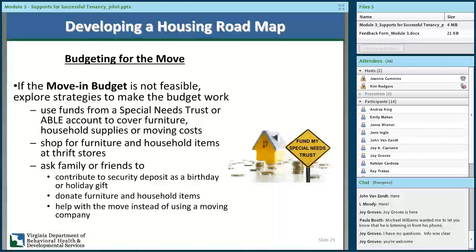So we've reviewed the strategies for balancing the individual's independent living budget. But now let's talk about how to budget for the move into housing. If the move-in budget that the individual developed during the tenancy screening process shows the individual cannot afford the upfront costs to move into housing, community housing guides can suggest strategies, such as using funds from a special needs trust